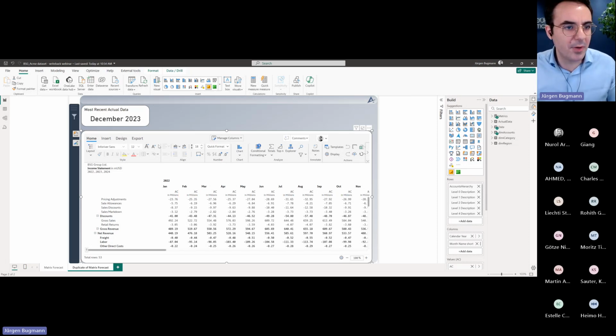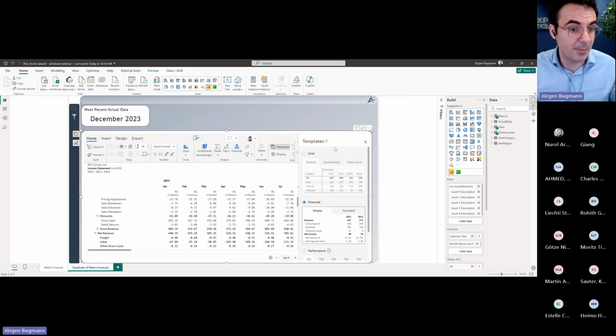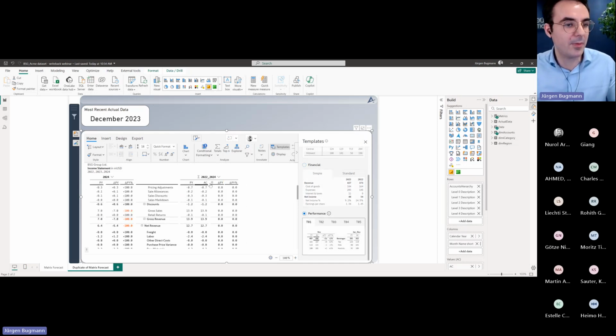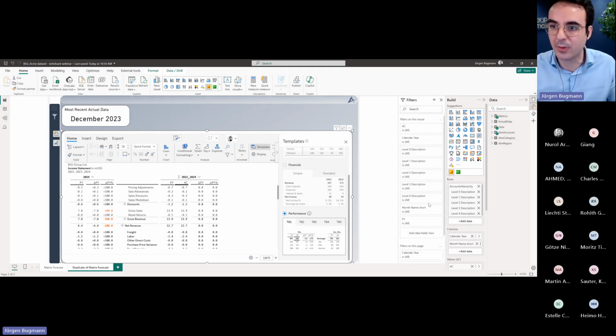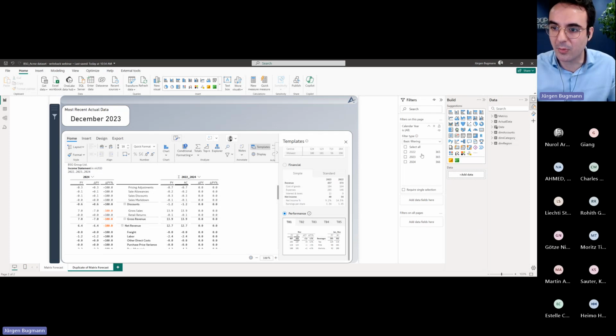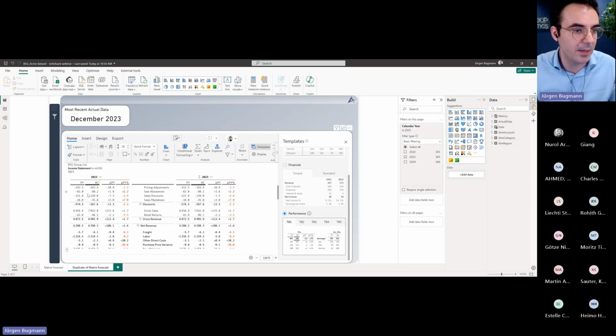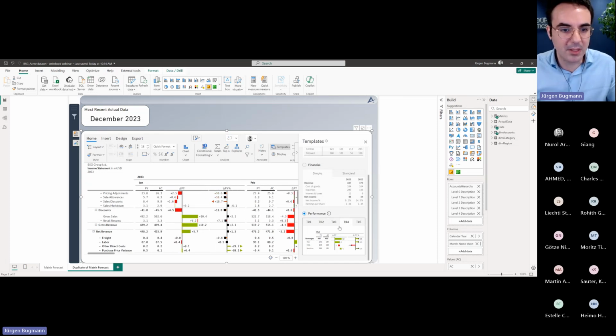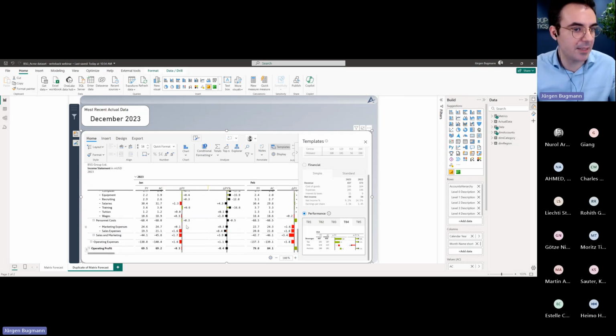One of the things I could show you very quickly without getting too much into it, for example, it has different templates. At the moment, we are looking at the financial standard template, but we could also develop performance type of templates between the actual and the prior year figures. For example, we could do it for 2023, where we've got both actual and prior year data. And this way, as you would see it here, you could have an overview of your business performance just in one shot by using the best practices for